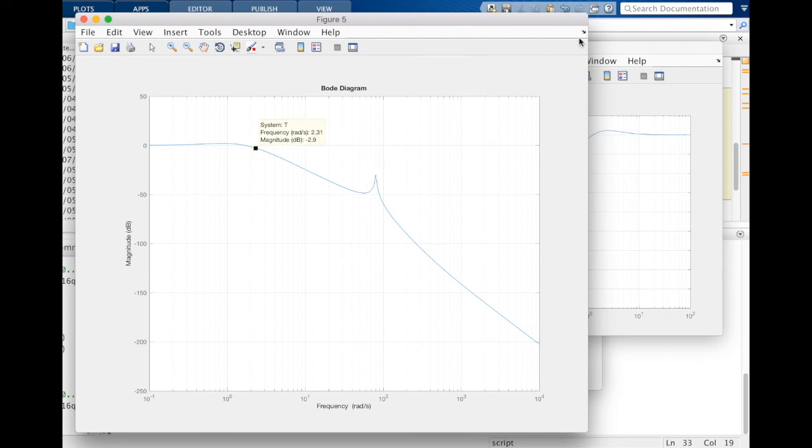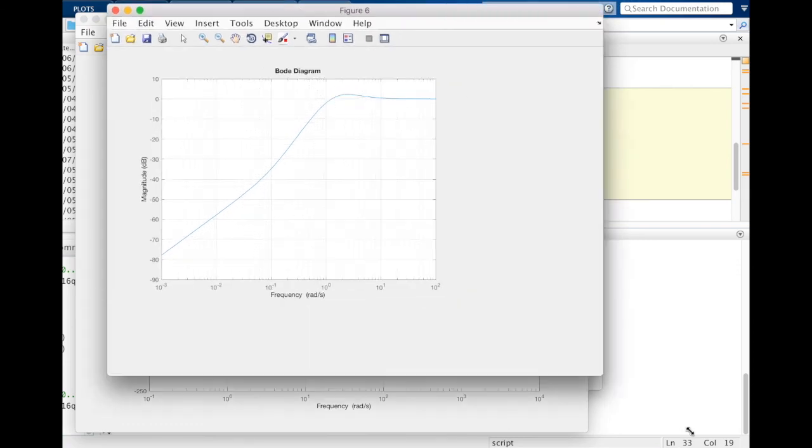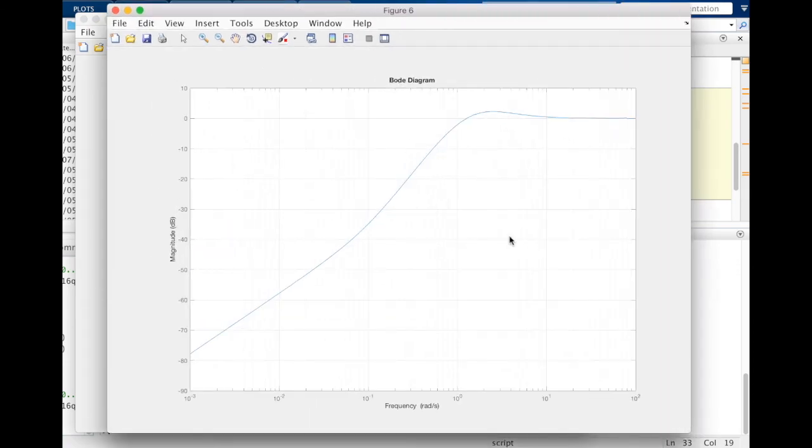And now, just for interest, if we're thinking about fundamental limitations, we can look at our sensitivity function. We know that the sensitivity function should, in this case, since there are no open loop unstable poles, I mean, there's one integrator, but none in the strict right half plane, we know that this function should actually integrate to 1. Now, if we look at this, it looks a little bit like it's not going to integrate to 1, meaning the area